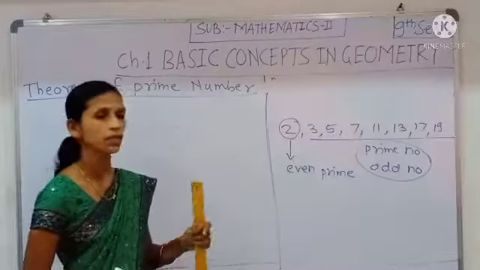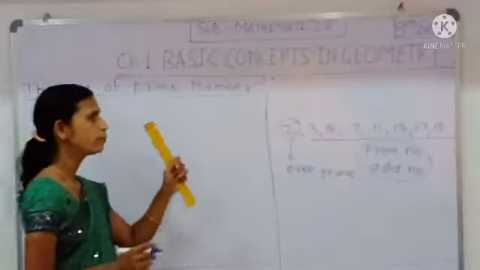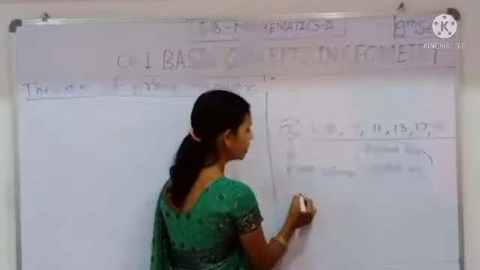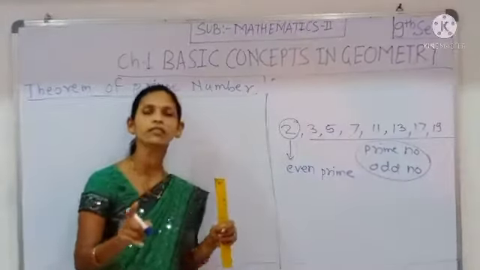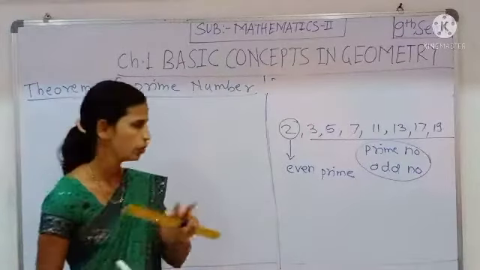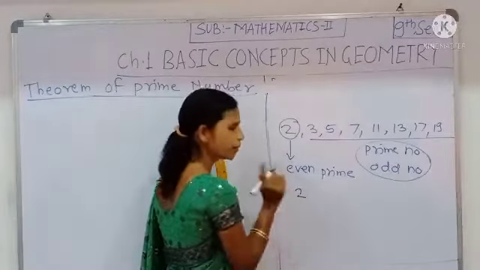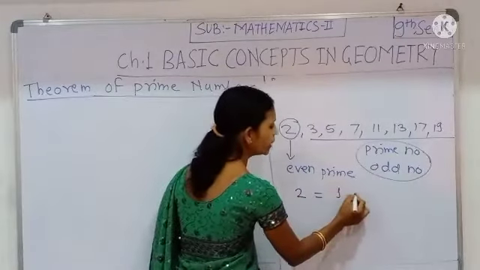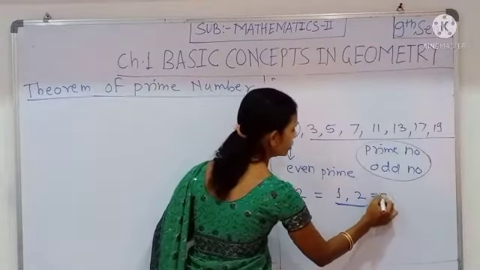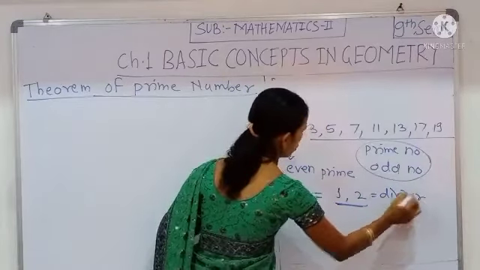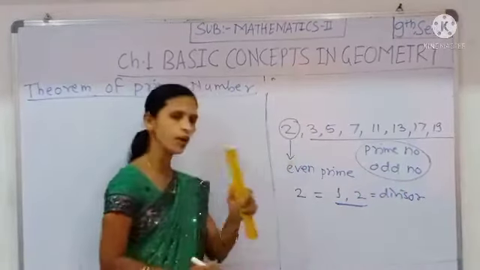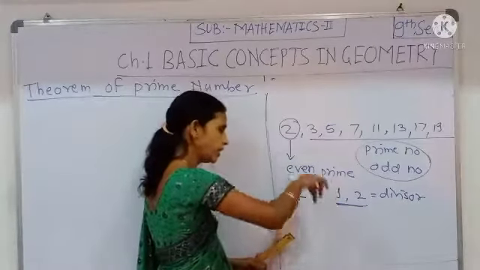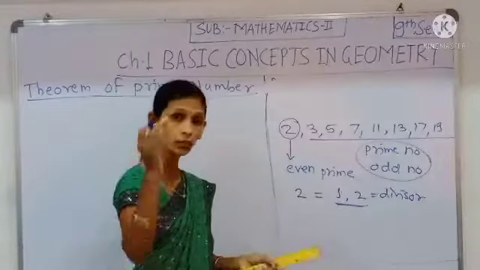Then see here, what is a prime number? A prime number is a number whose divisors are only two. That means if 2 is a prime number, then the divisors of 2 are 1 and 2. 1 and 2 are the divisors of that prime number. That means a prime number has only 2 divisors, 1 and the number itself. All of you studied it in previous